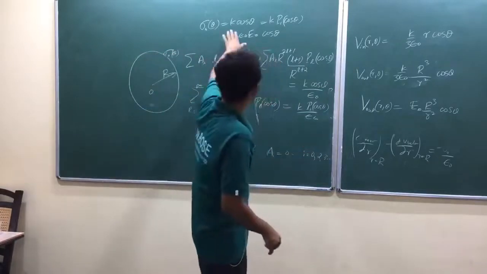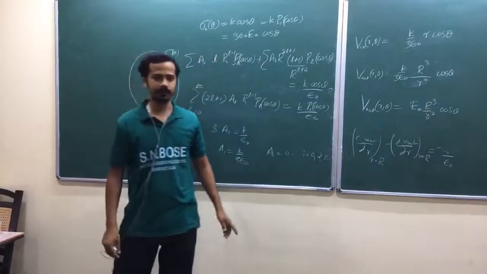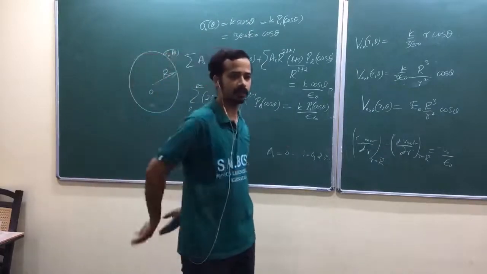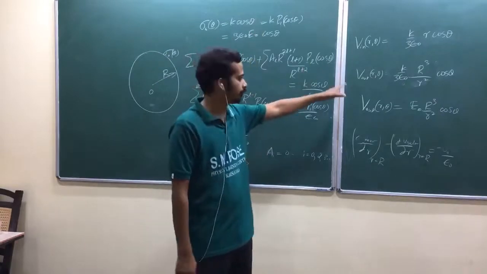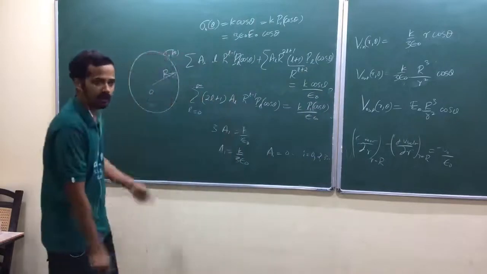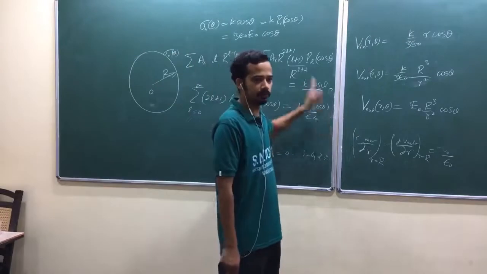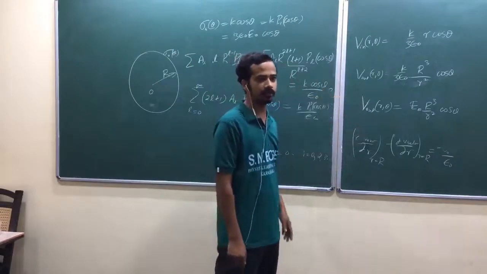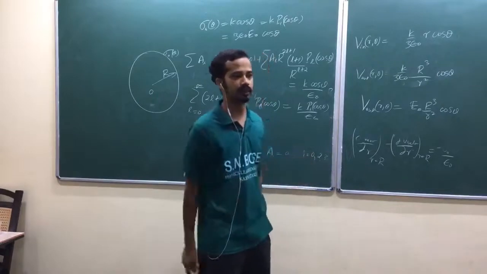That surface charge density was K cos theta type, isn't it? Surface charge density, when you place that spherical conductor in an external field, that was K cos theta type. Am I right? We proved that one after the potential. Here we have started with surface charge density and gone for the potential. If suppose only the surface charge density exists, only this part of the potential exists, if there is no outside field, external field.